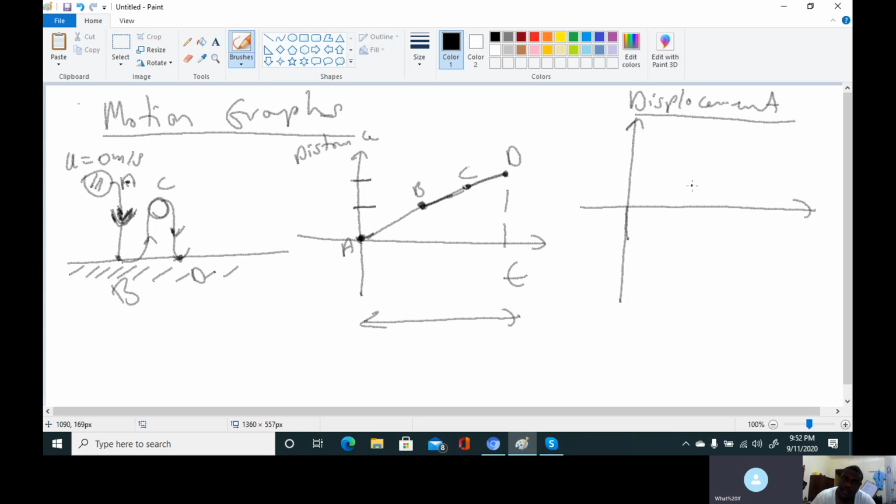But for displacement, so for the displacement from A, the displacement increases with time. So that's from A to B. What's going to happen now is that from B to C, it's a totally different scenario. From B to C,